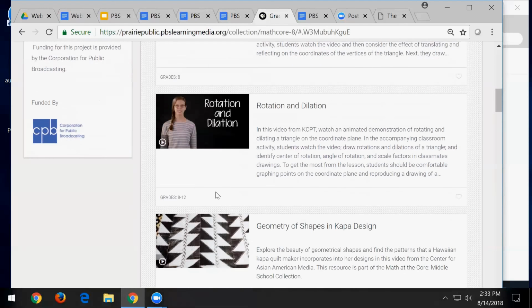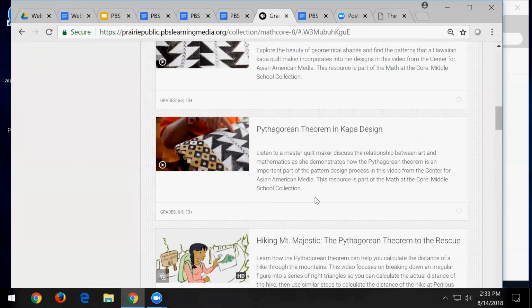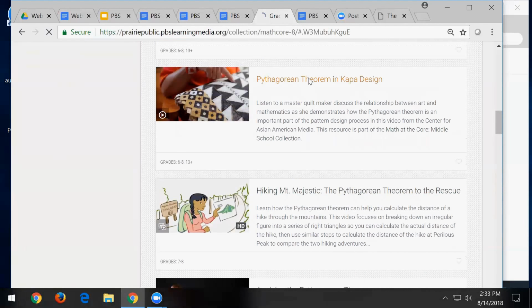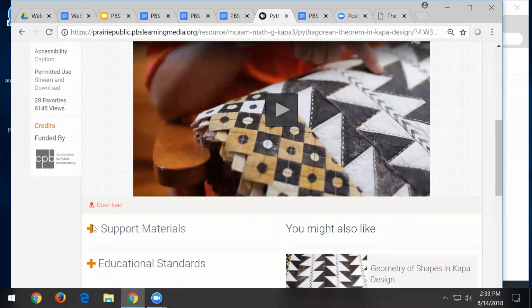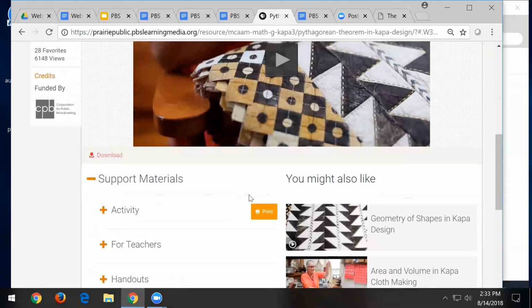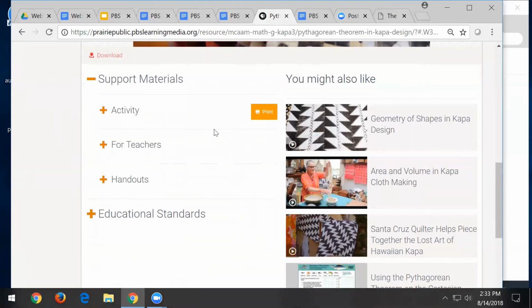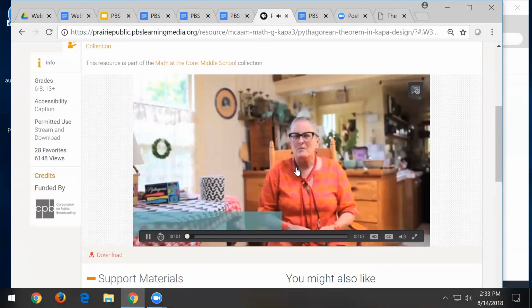So again, some nice rotation and dilation, a variety of videos that you can use to explore those math concepts. When you go into the video, again, you may or may not have support materials. That's all part of the redesign. Hopefully there'll be more for you. But you can see here, in addition to this video, and the video is 3 minutes long, but in addition